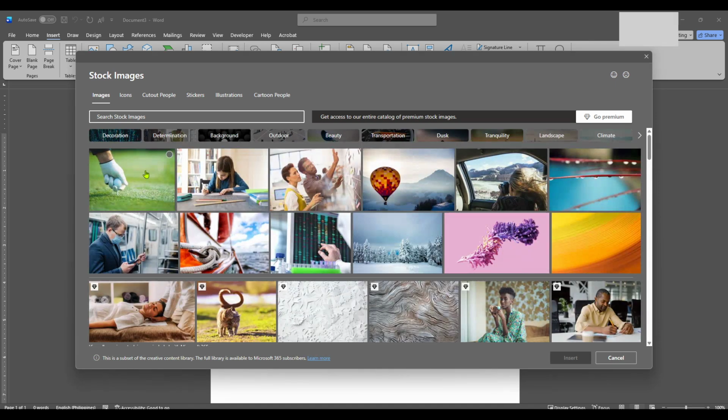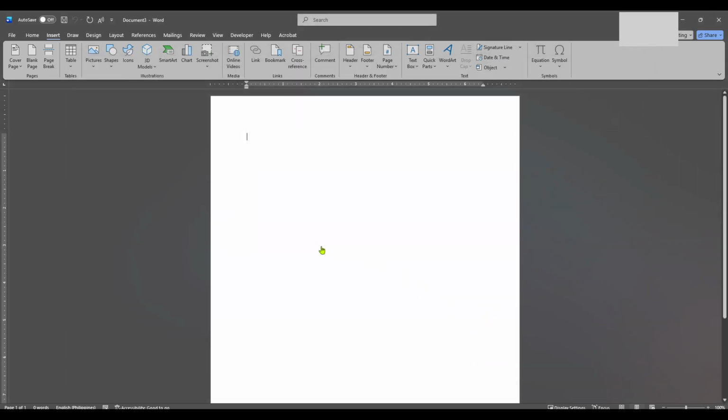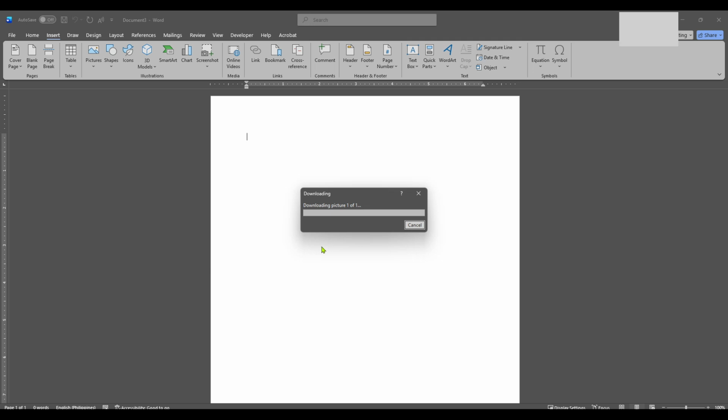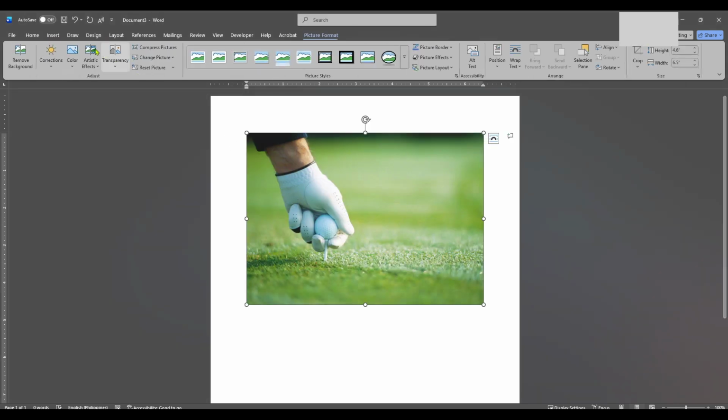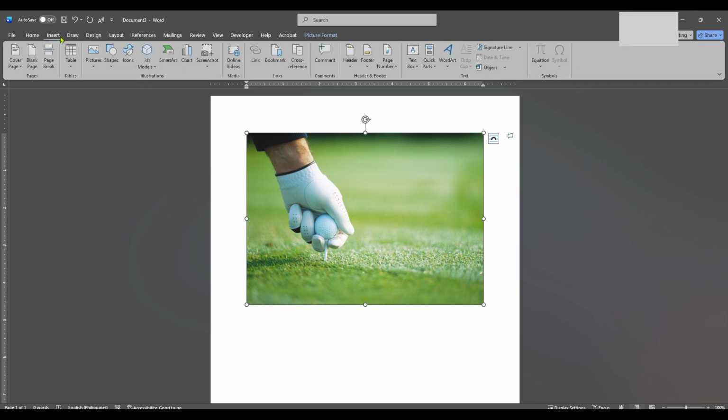But we're here to add text over it, aren't we? The next step is to click on the text box option, which is also found under the Insert tab. Selecting this option allows you to create a box that you can type into, and it's pretty straightforward to use. After clicking Text Box, you'll be able to draw and resize your text box directly on the image by clicking and dragging your mouse. Positioning is key here.